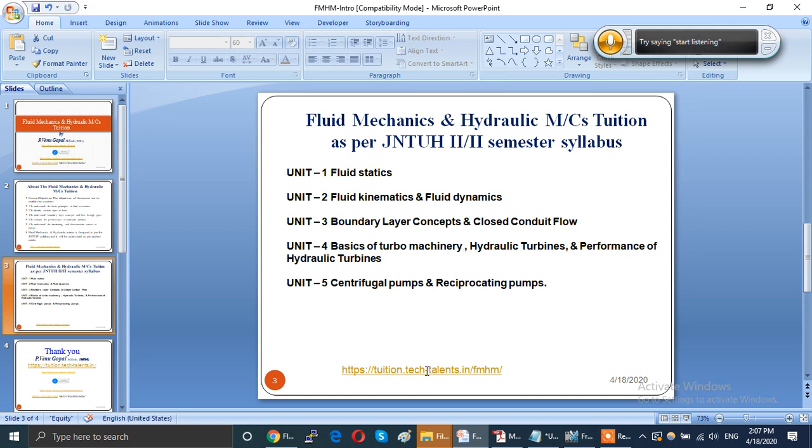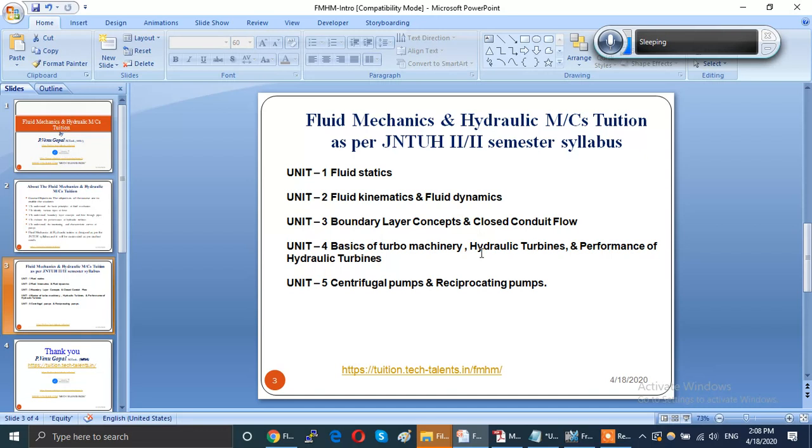So again, in the fourth unit, we'll discuss the basics of turbo machinery. Basically, when a jet of water impinges on a flat plate or a curved plate, what type of forces does it create? Those will be the basics of turbo machinery, and based on that we learn how to create velocity diagrams, and what the work done and efficiency are. Those kinds of things we learn in the basics of turbo machinery, and then using these basic concepts we explore more details about hydraulic turbines.